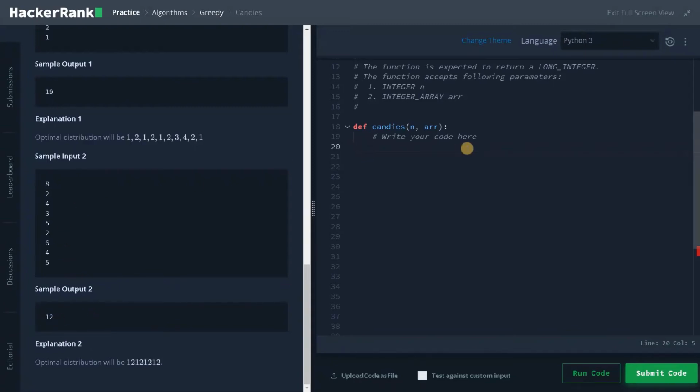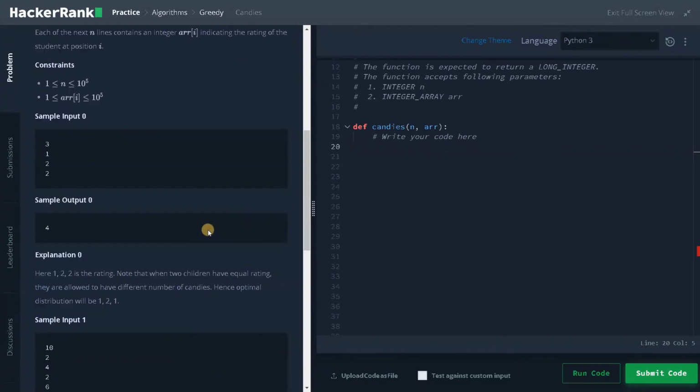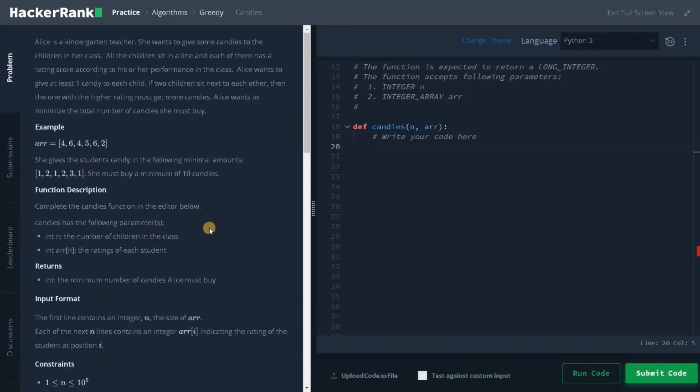We will also see the code, and I can also explain it with an example because this is a dynamic programming problem. Let's consider a simple example so we can understand. So I will take this example for our case. So this will be 4 6 4 5 6 and 2. This is the question we have.